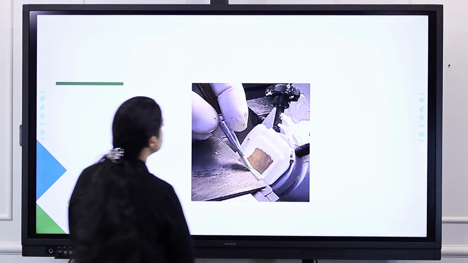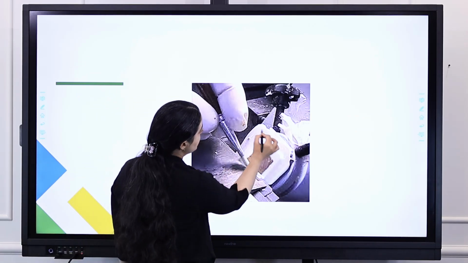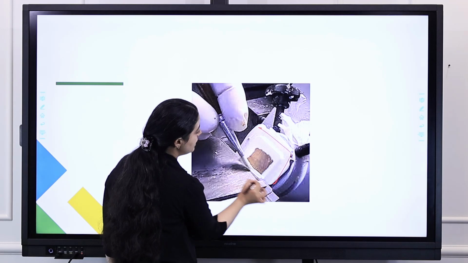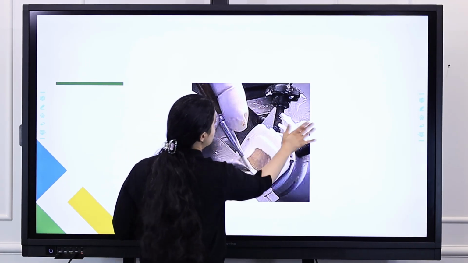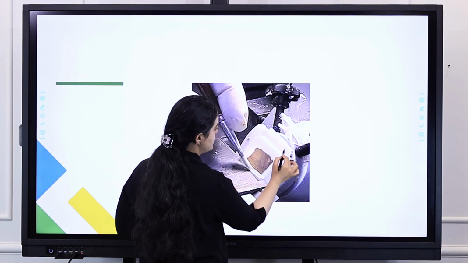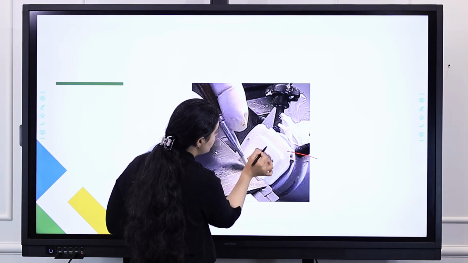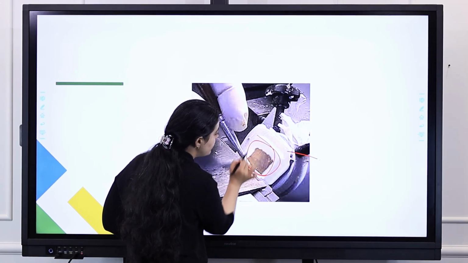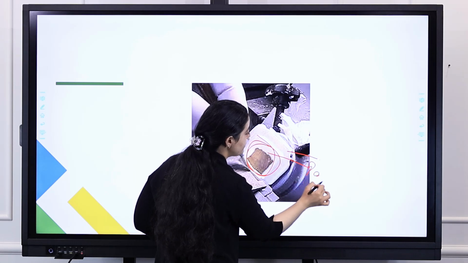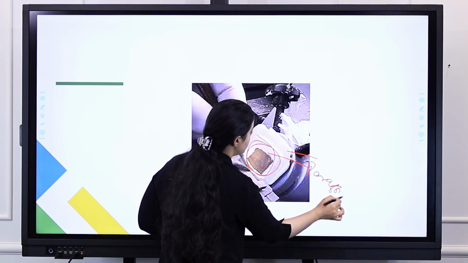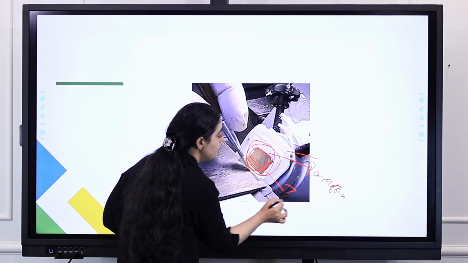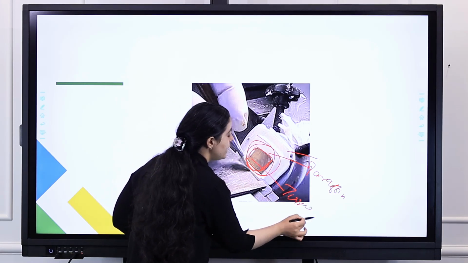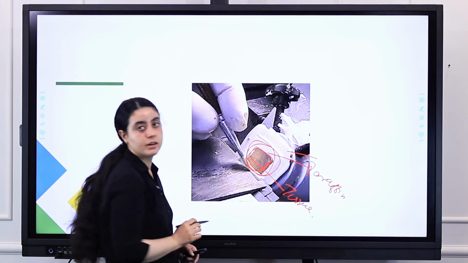This is the block. See, this area is the plastic mold or cassette, right? Here this white area is the paraffin, right? And this brownish area is our tissue, which is perfectly embedded in the paraffin, right?